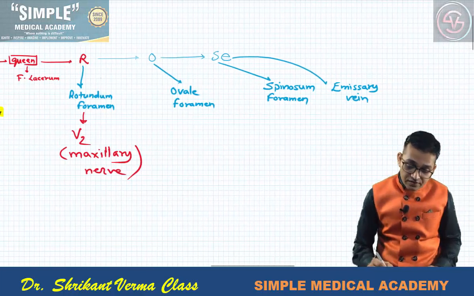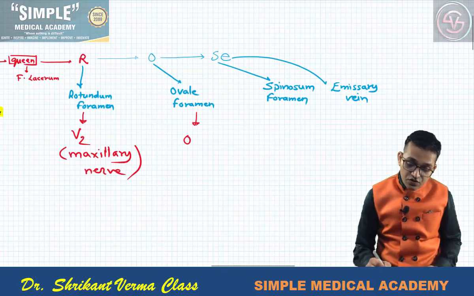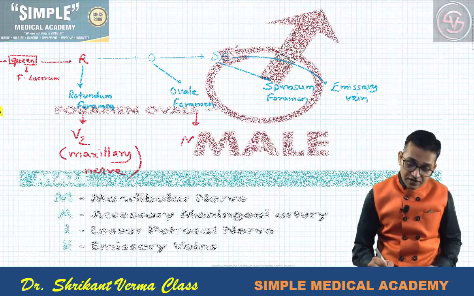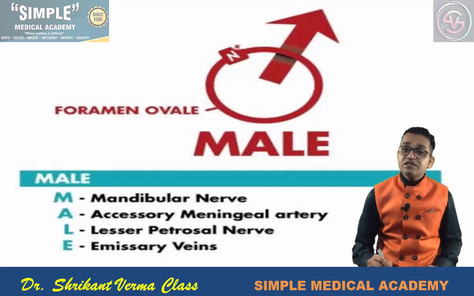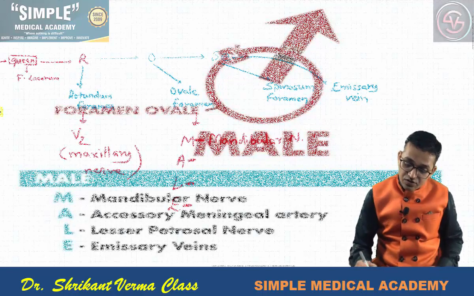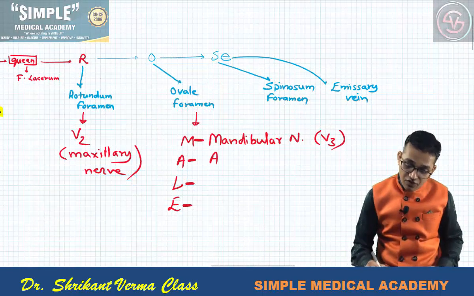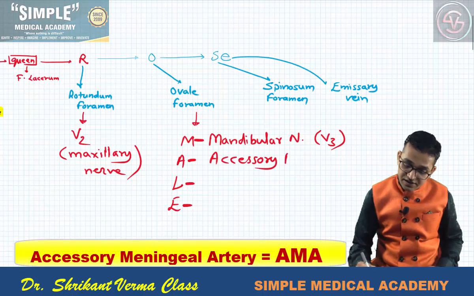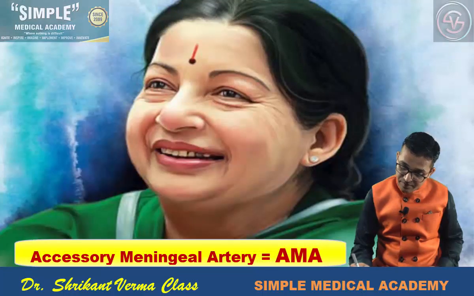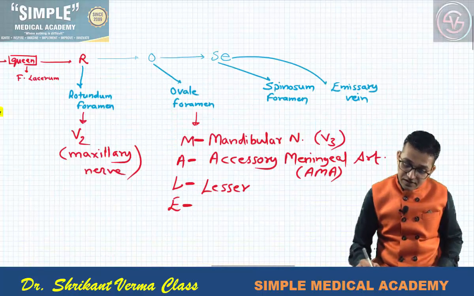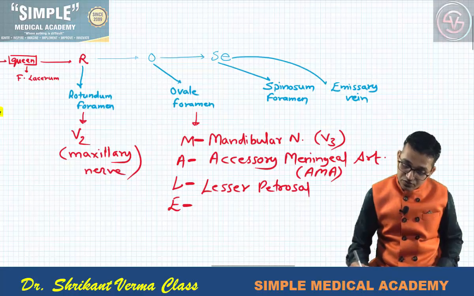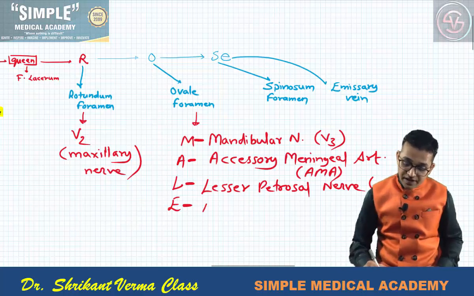Now the foramen ovale, as we know, passes four important structures which are remembered by the mnemonic MALE, and it is very important since our first year. M for mandibular nerve, or you can remember V3, A for accessory meningeal artery. In short, you can remember the AMA, Amma. L for lesser petrosal nerve, or you can remember the LPN in short form, and E for